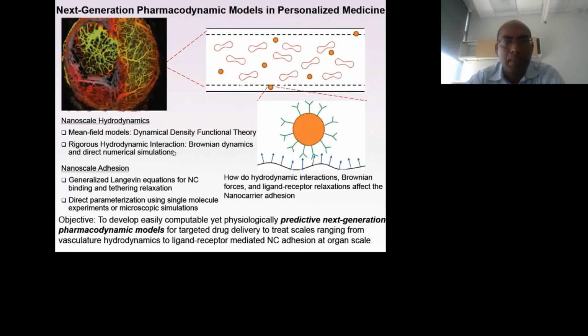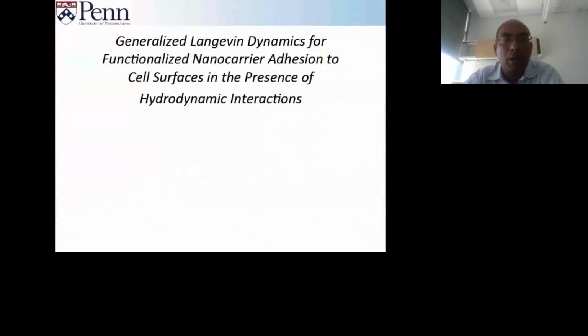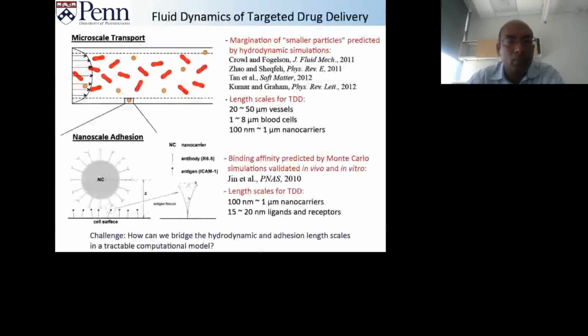So one of the ways in which we think about the mean field models is through the formalism of what we call generalized Langevin dynamics, which has the ability to include various temporal correlations into the consideration of the model without actually doing fairly intensive calculations. And so the example would be what we've talked about in the adhesion model. It clearly happens at this very, very small length scale, very close to the cell. But really what happens at the much larger length scale, where the nanocarrier actually interacts with the particulate nature of the plasma with other blood cells and platelets and things like that,